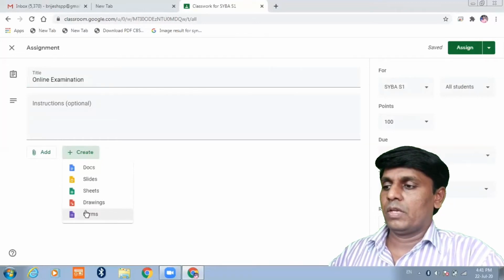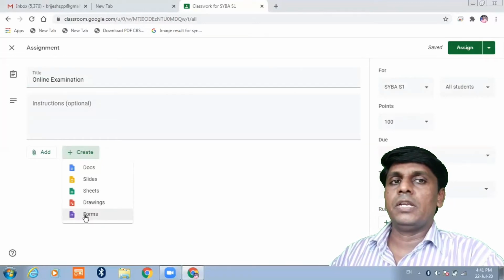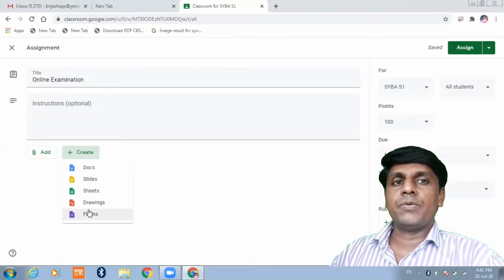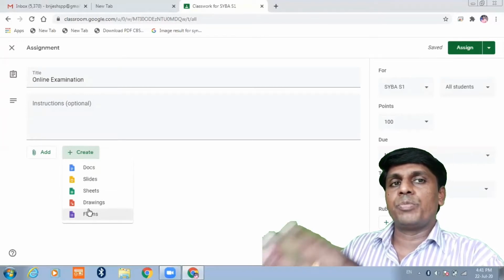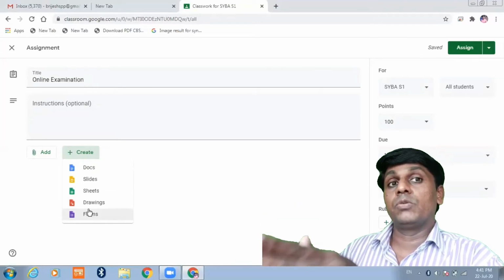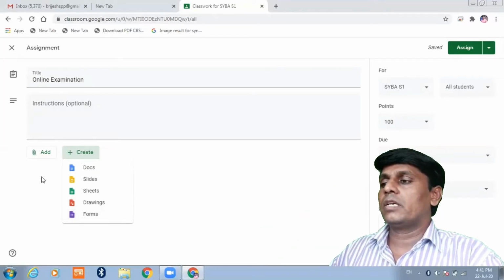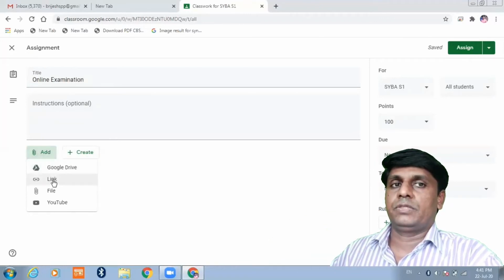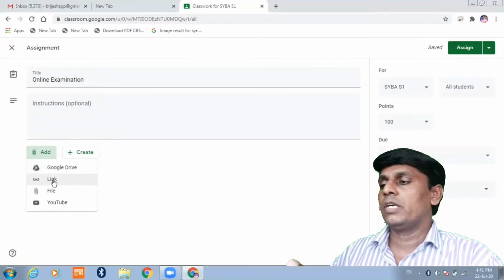Click on it and set the questions. And if you want to save time, and you have already prepared your test in a Google Form, then click on the button add and give the link of the Google Form where you set your test already.